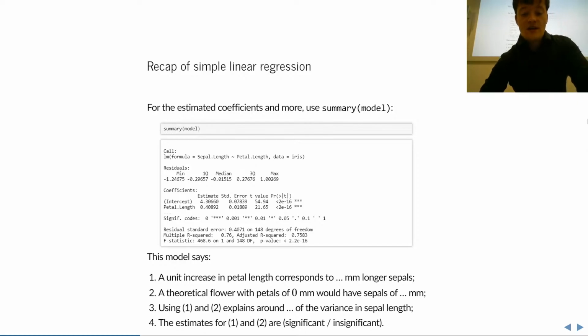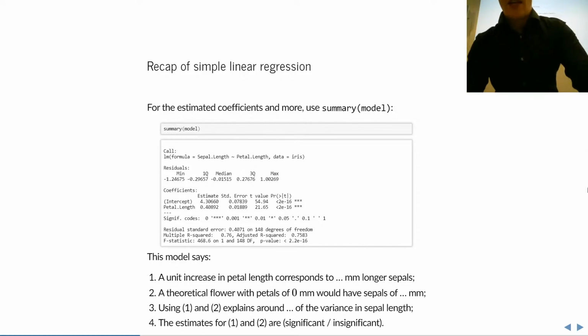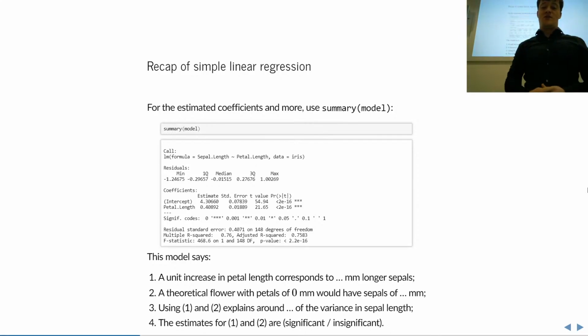Okay, then I've removed some things over here. Let's go over this table, see if you can interpret this, because that will be almost exactly what you get on the exam. So the first one, a unit increase in petal length corresponds to how many millimeters longer sepal length? I should add on average. Yes? 0.40,